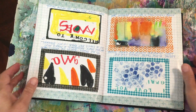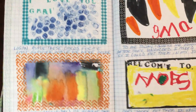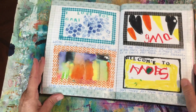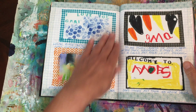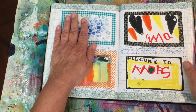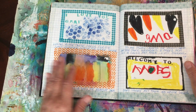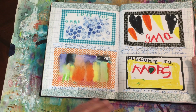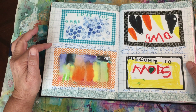So anyway, this is actually some index cards that my grandson Logan made for me. We were doing iCAD at the time. If you don't know what that is, look that up under Daisy Yellow. I'm pretty sure she's on YouTube, although I actually found it initially on Pinterest. So you take an index card every day. She gives you a category to do art by, but you don't have to follow that. You can do your own if you want, which sometimes I followed the prompts and sometimes I just did my own. But anyway, Logan had done these when we were doing the iCAD, and he,